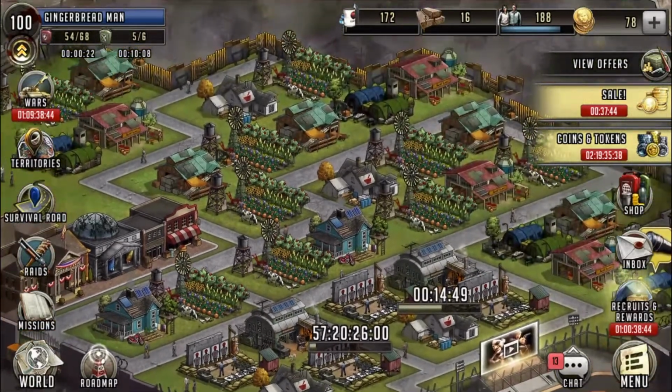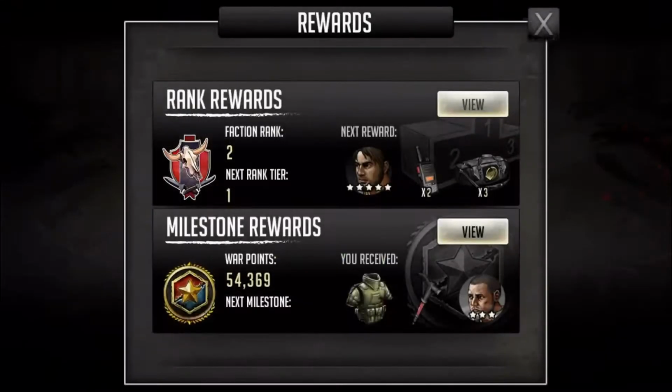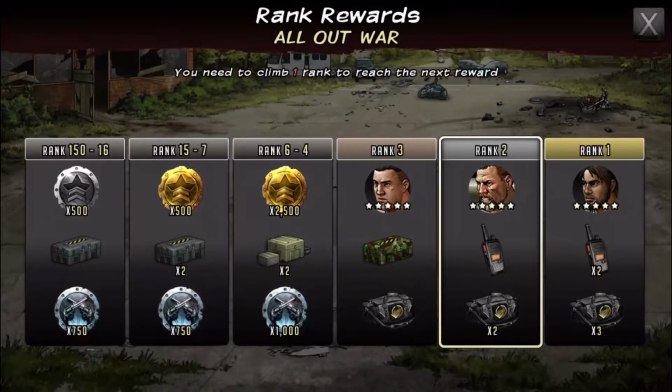So to break down the war prizes now, they're actually pretty interesting this time, and war has changed a bit. But while I'm breaking down these prizes, I will kind of explain what's changed with the war since it used to be. But to break down the prizes first, you get your typical rewards: the top 150 through 16, 500